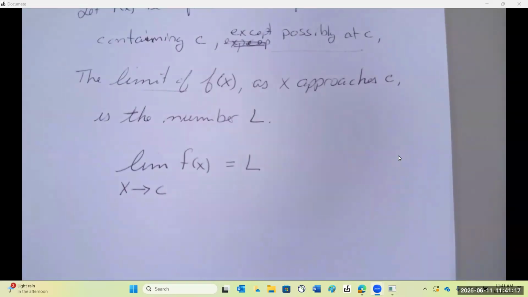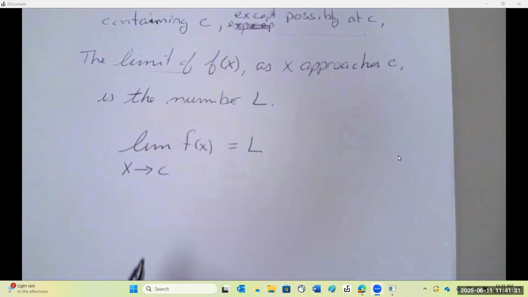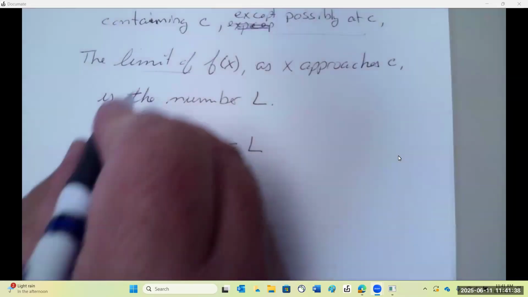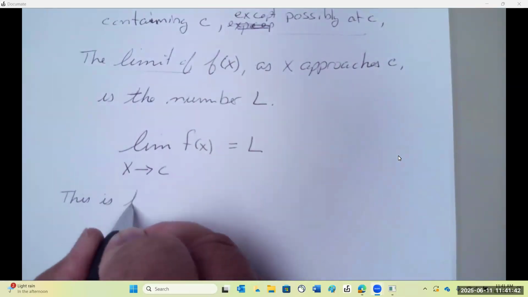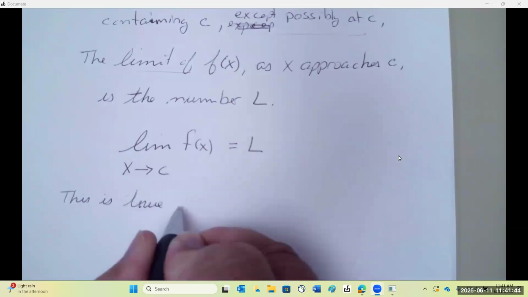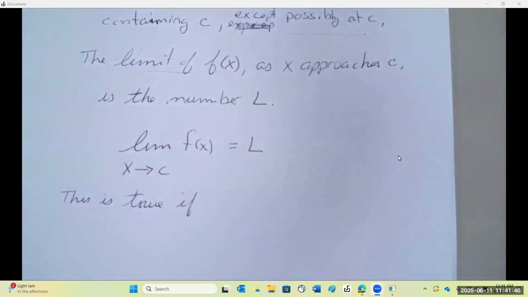This is how we're going to find our limits. But now we have to prove what this really means. I'm going to show you some pictures of what it means and why the function doesn't have to exist at the point. It simply has to approach it. So it's saying, this is true if